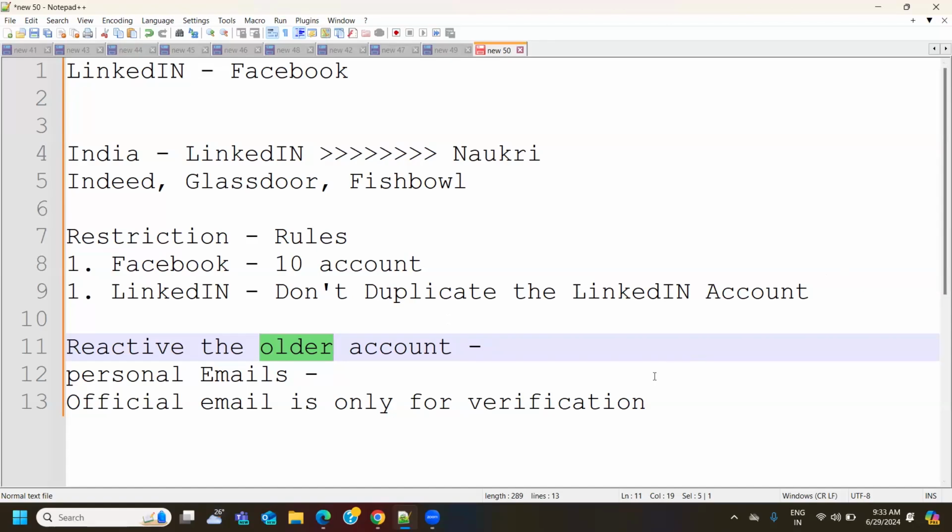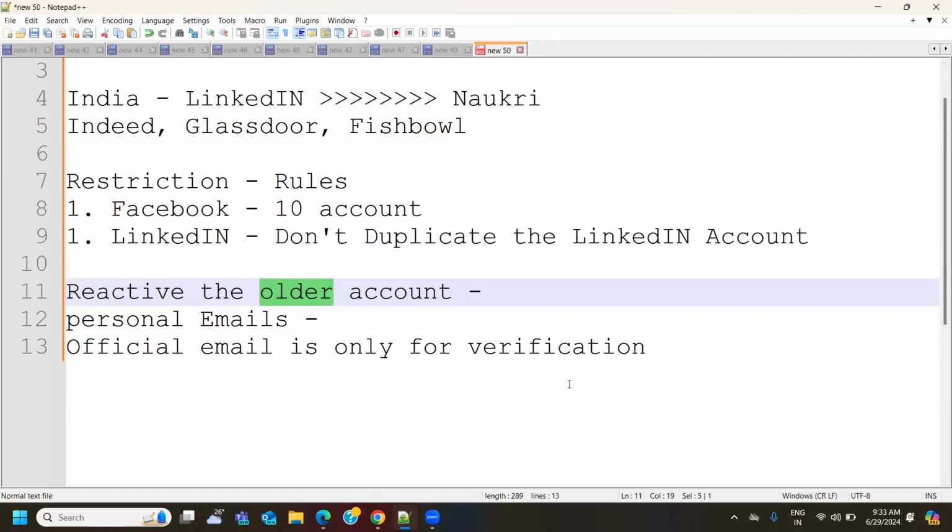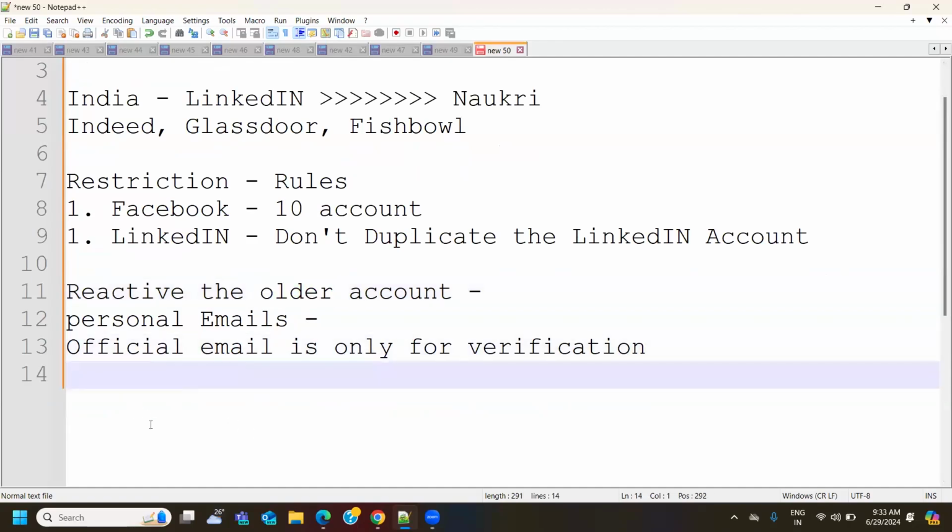If you want to change your email ID, you will always have an option in the future also. If you're opening the LinkedIn account for the very first time, that is also fine. And if you want to update your email in the future, you have that option. So do not duplicate the accounts. Do not create any duplicate accounts. Now, we are good with this.